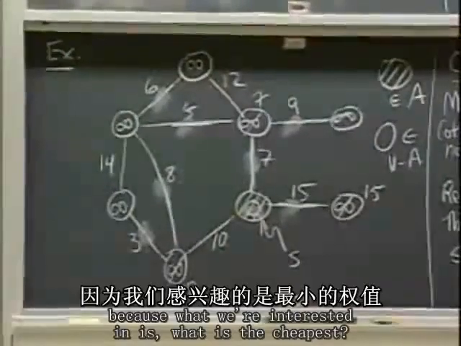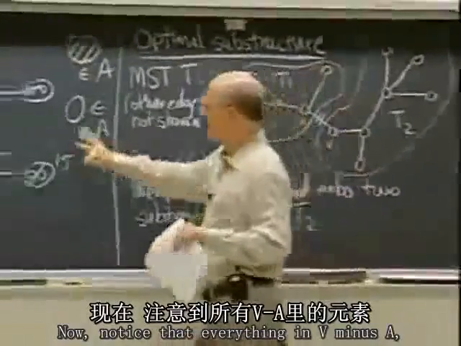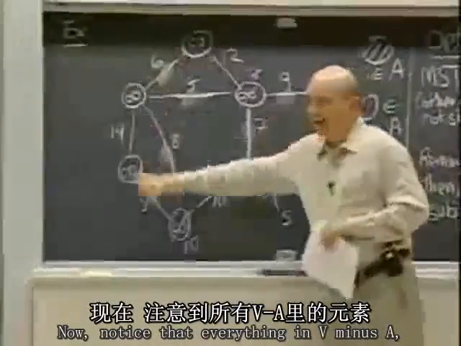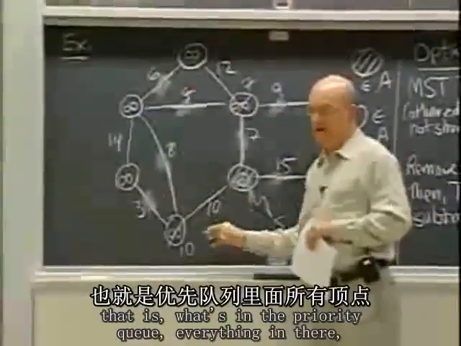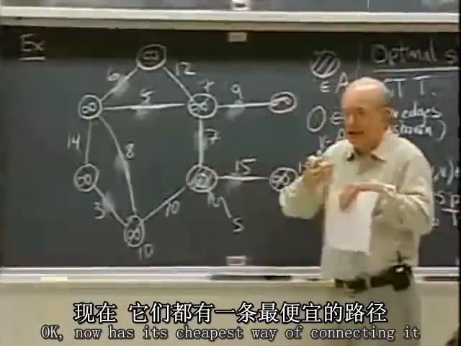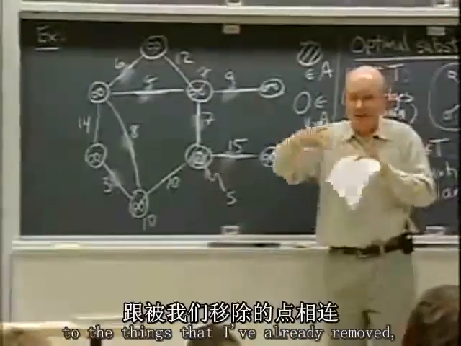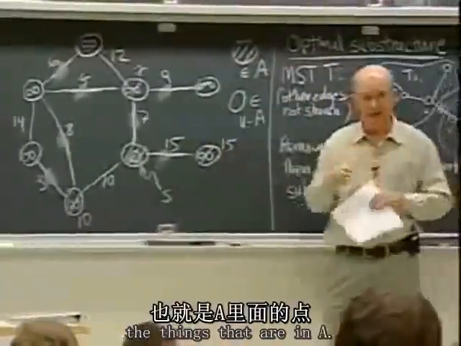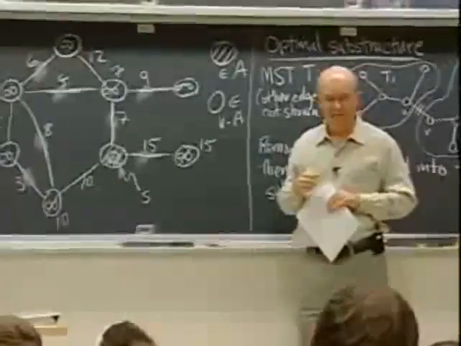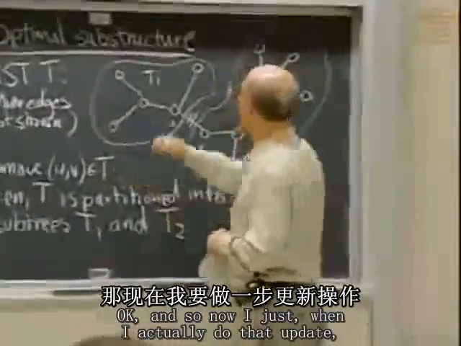Because what we're interested in is what is the cheapest. Now notice that everything in V minus A, that is what's in the priority queue, now has its cheapest way of connecting it to the things that I've already removed, the things that are in A. And so now, when I actually do that update,